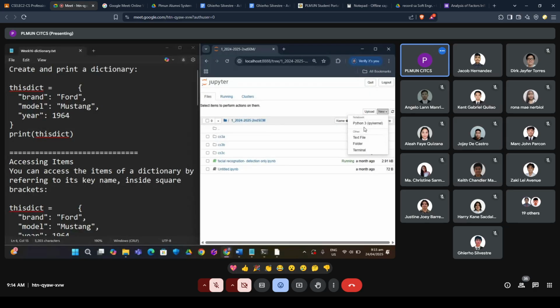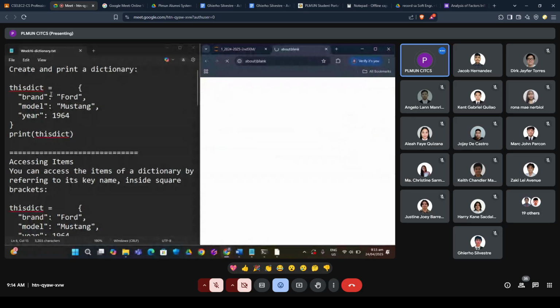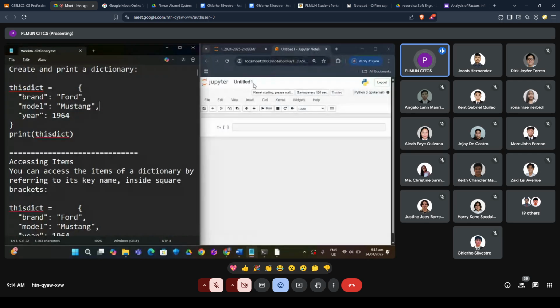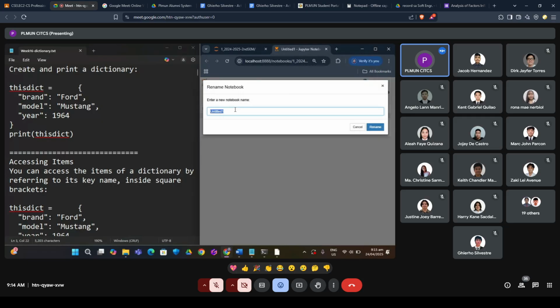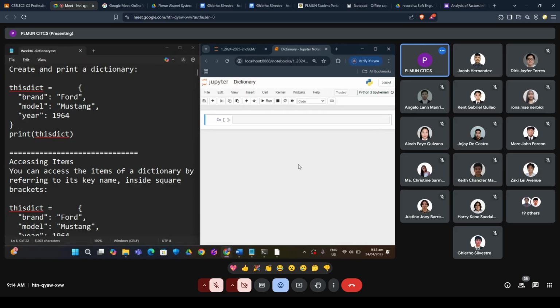Let's create another notebook for this testing. So we name it dictionary. Okay, so let's try to create this one. No, hindi ko na ita-type, no? Copy and paste na lang. We have already an explanation about that. So equal, then